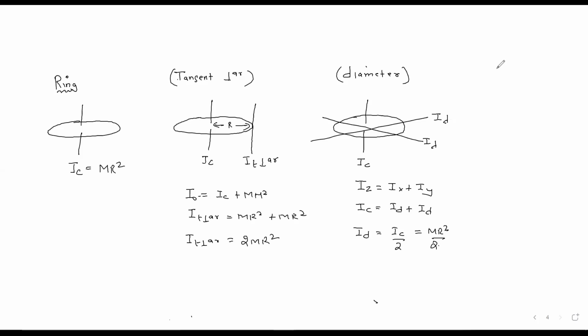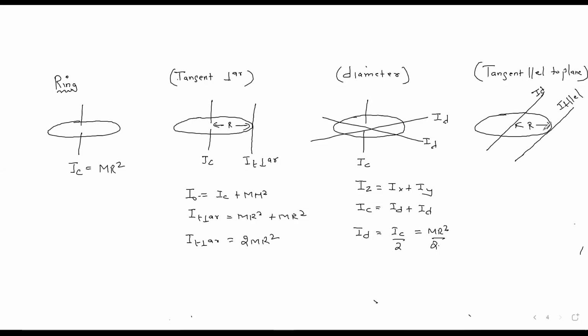Lastly, this will become moment of inertia tangent parallel to plane. Tangent parallel to plane means for this ring, if I need moment of inertia about the tangent parallel to the plane, it will be parallel to ID. This is I tangent parallel. And distance is coming, so if I apply the parallel axis theorem, I tangent parallel will become ID plus mass into distance square, but the distance from ID is to be taken from here, so it will become MR square by 2